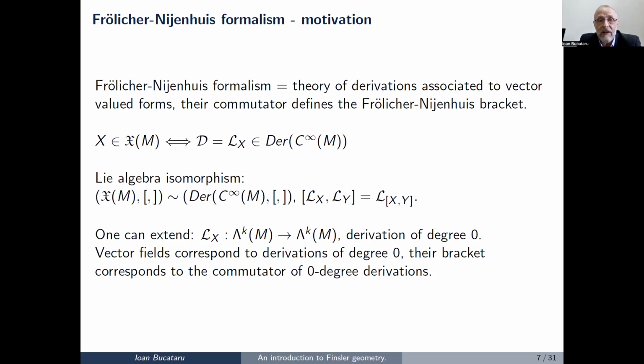By X(M) here, I denote the set of vector fields on the manifold. We know that a vector field on a manifold is well determined by its action as a Lie derivation. If you have a vector field, you can consider the Lie derivation in the direction of the vector field. But also you can